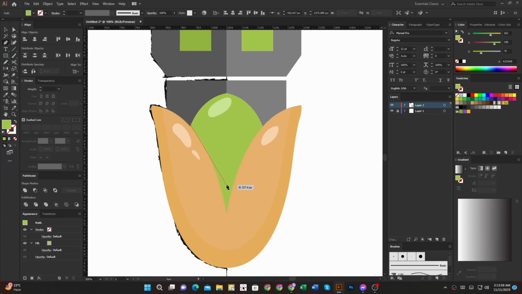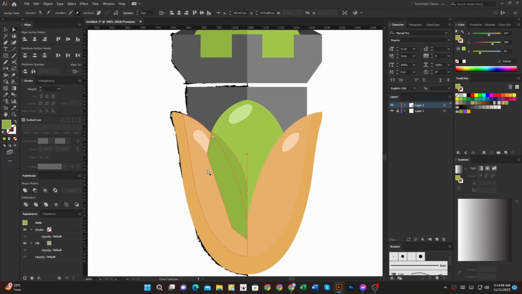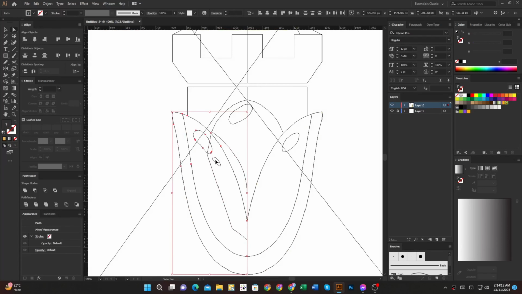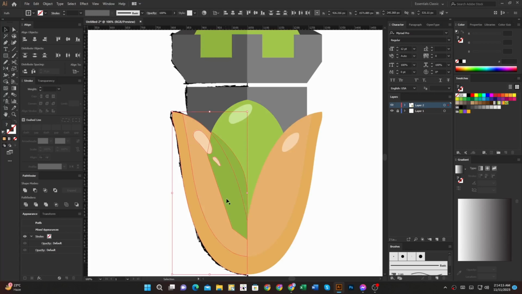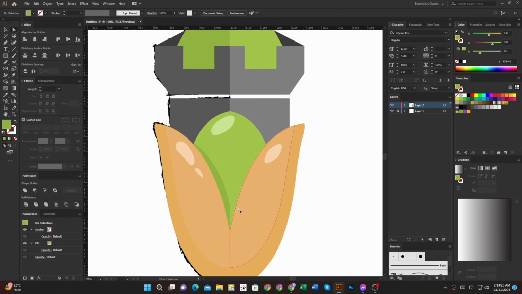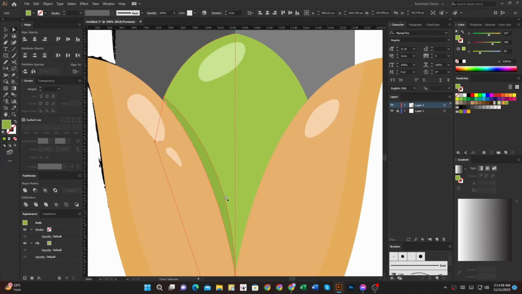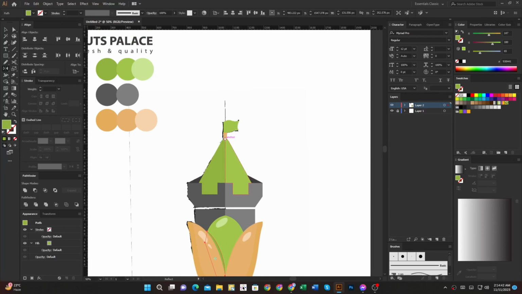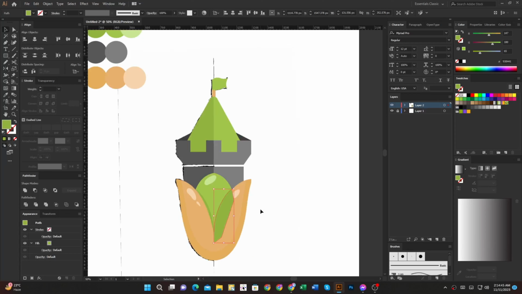Now, its layer reach can be last layer. Now it's copy for the other side.